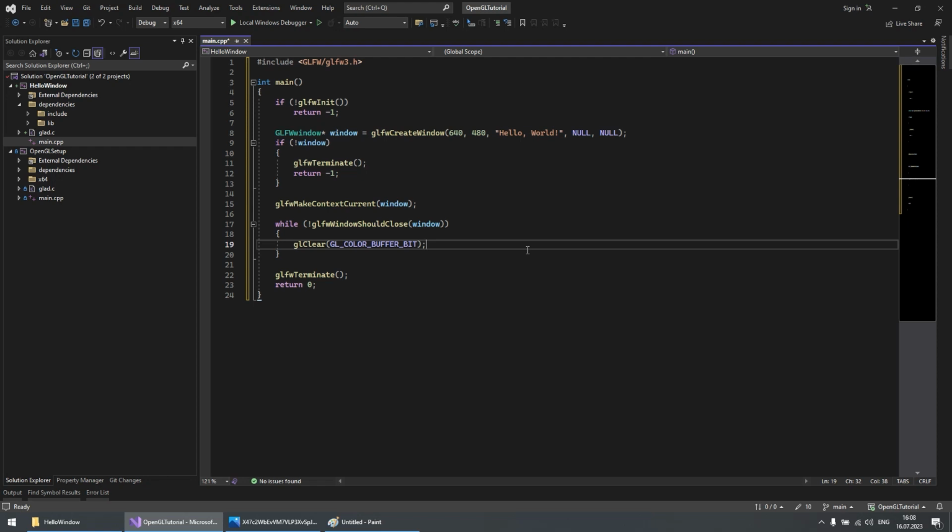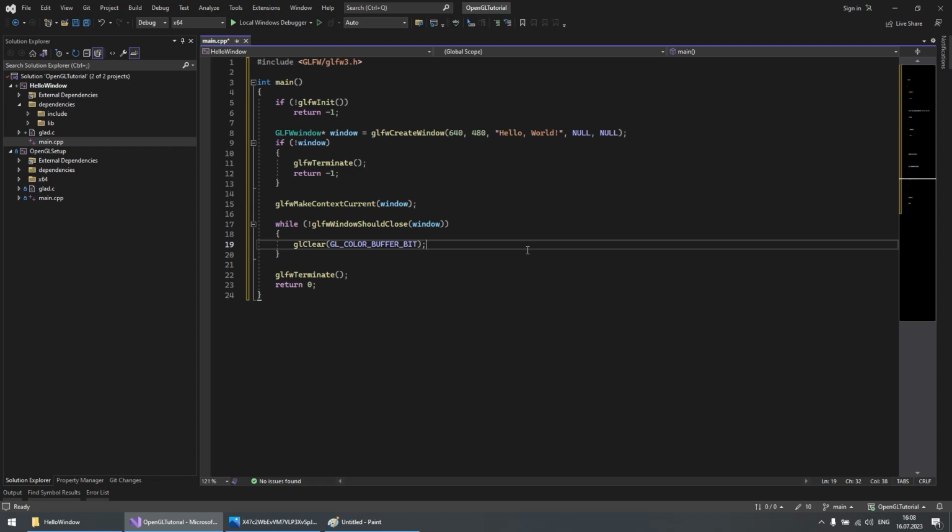The color buffer is a two-dimensional array of pixels that represents the image displayed on the screen. Each pixel contains color information such as RGB or RGBA.